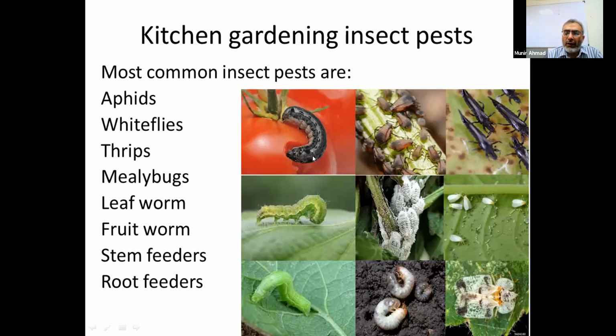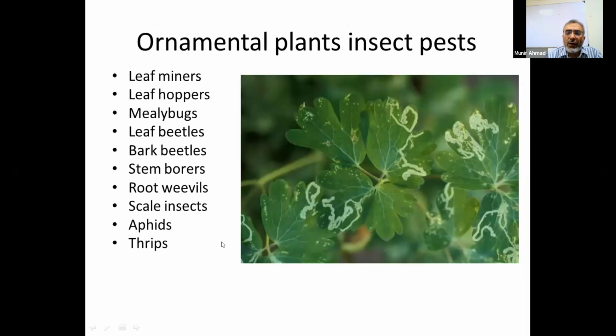And if we go for the new chemistry insecticides, we have a lot, like spinosad and chlorantraniliprole and so many others, but they are very costly. But if needed, we can go for that. So these are the most common insects which we face in garden situations. If we go for the ornamental plants, which we grow in our gardens, in our orchards, inside the urban areas, on the roadsides, we will find a list of these most common insects, which are leaf miners, leaf hoppers,